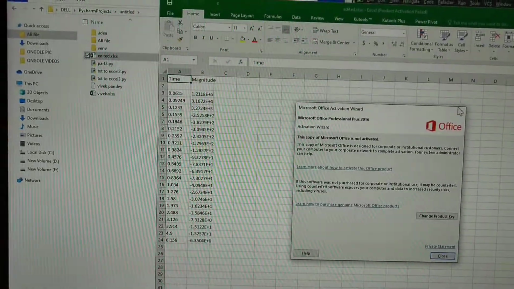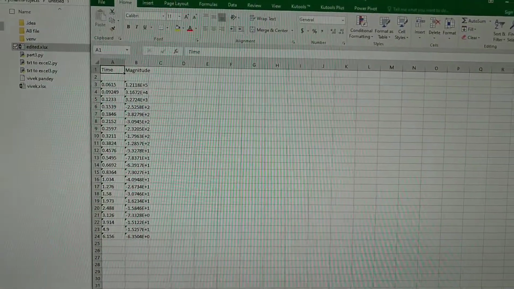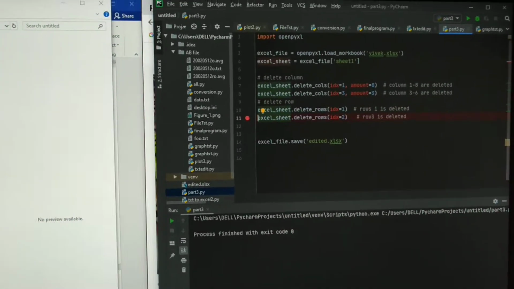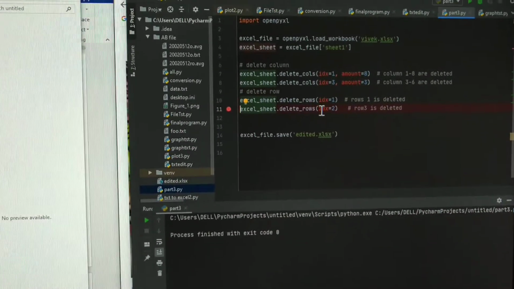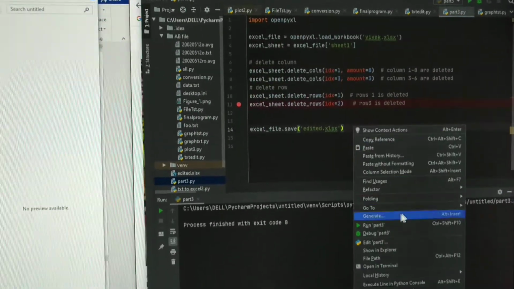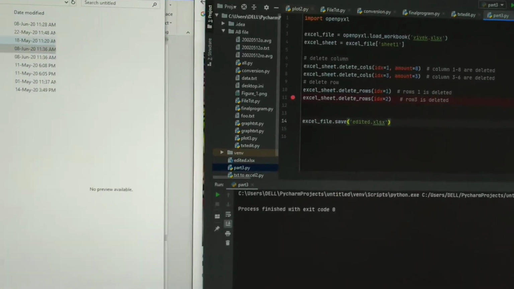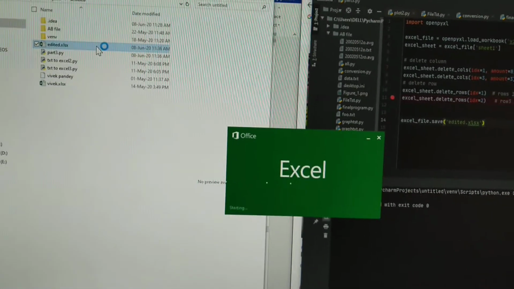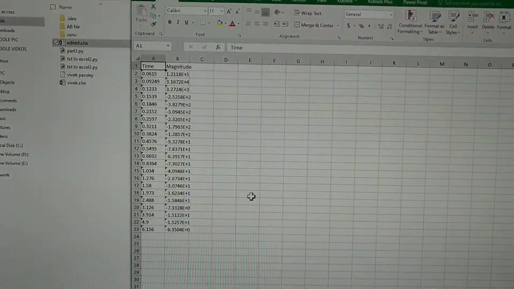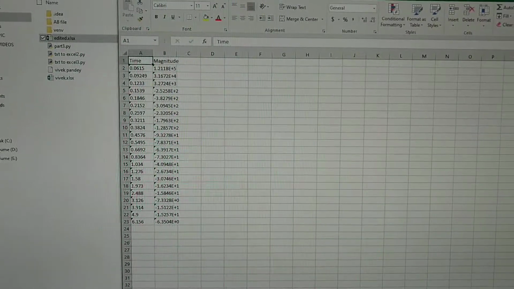that the first row is deleted, so I want to delete the second row also. So I have to add one more command, in which idx is equal to 2. So if I run this command, we got that file, we got only time and magnitude, what we want.